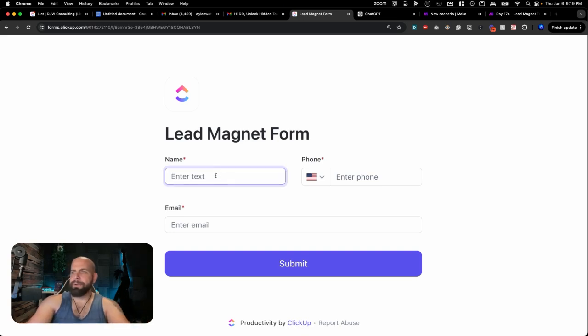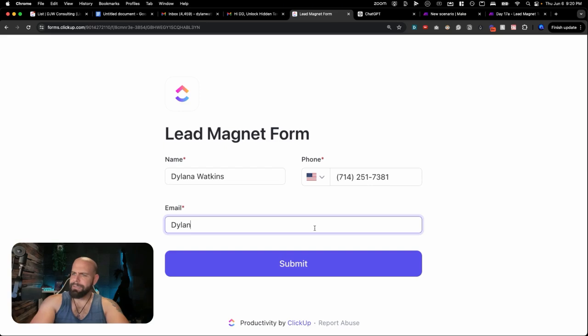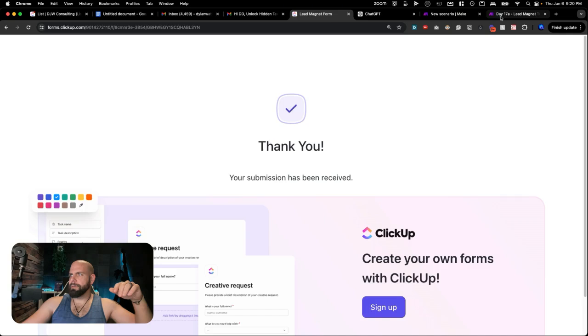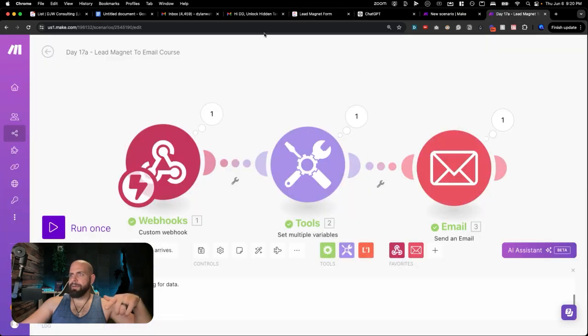But with this one right here, we go inside of here and we'll call it Delana. All right, I will add that. Watkins, add in the phone number, 714-251-7381. Put in Dylan, Gmail. I should have a slew of information going through here. So take a look at that. This is going to webhook over. I got that email. And now if we go back to the emails over here,